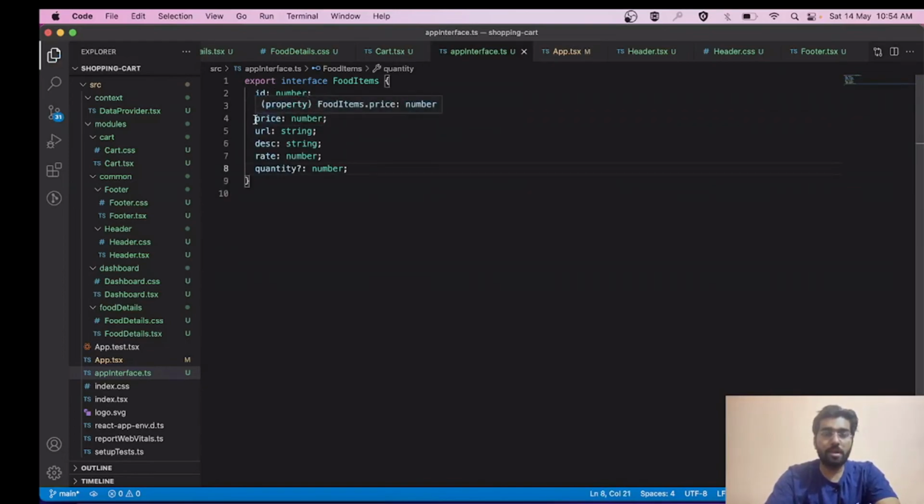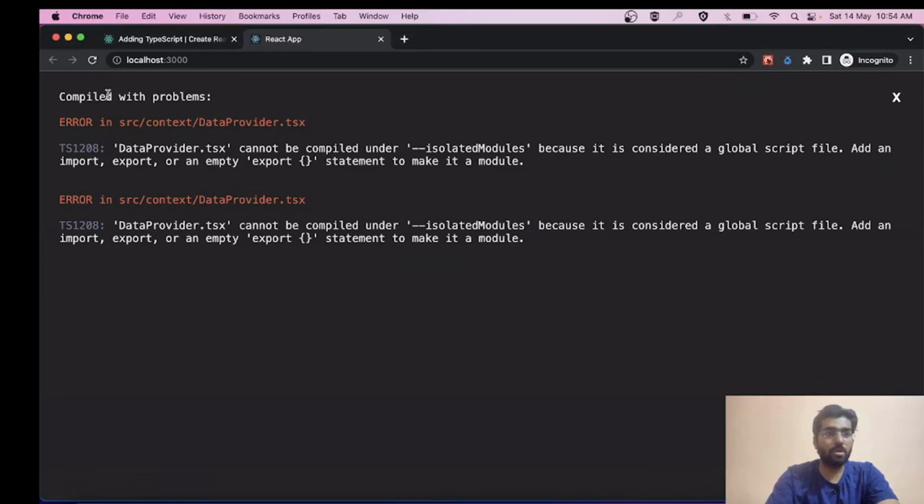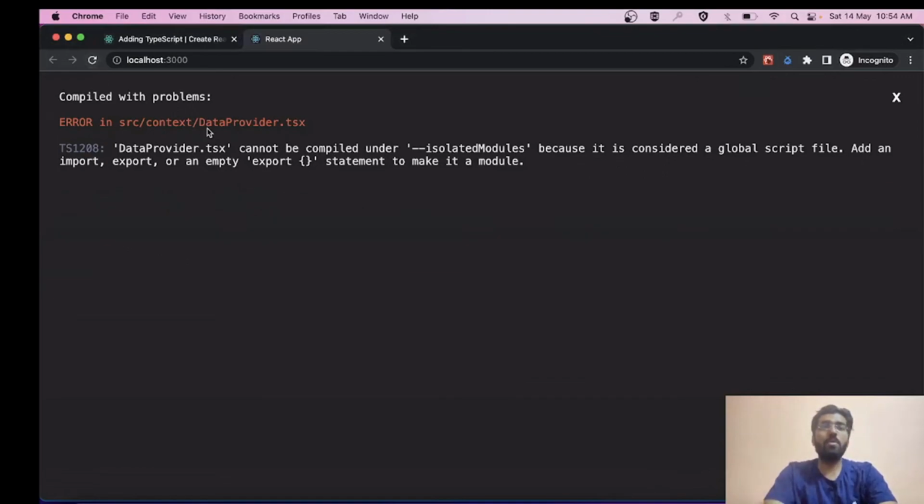As you can see, we have price, URL, description, rate, quantity. So basically we have these six to seven properties inside our food items. Let's see if the error still persists or is gone. Now as you can see, we have the same error in data provider.tsx. Let's try to resolve it also.